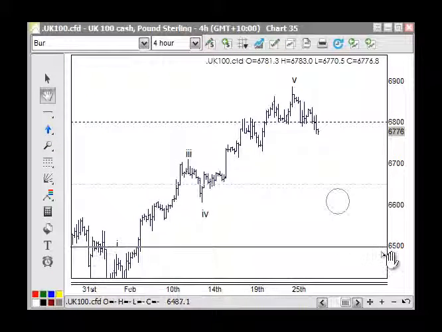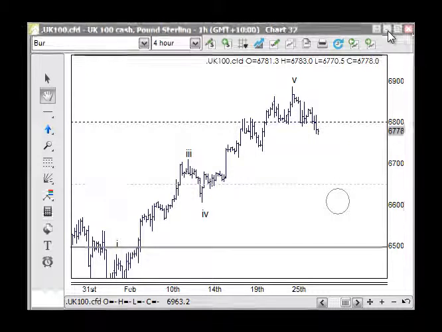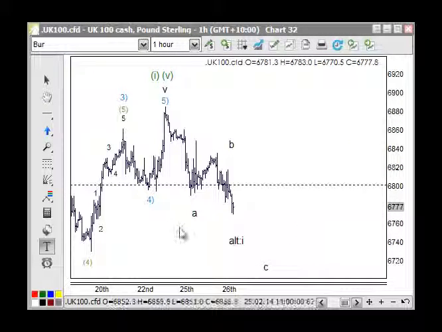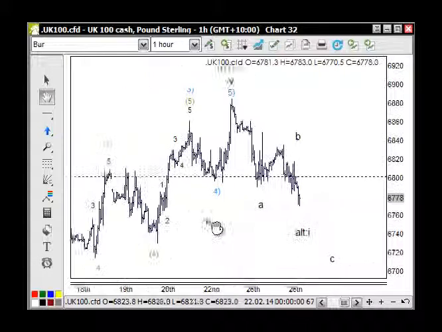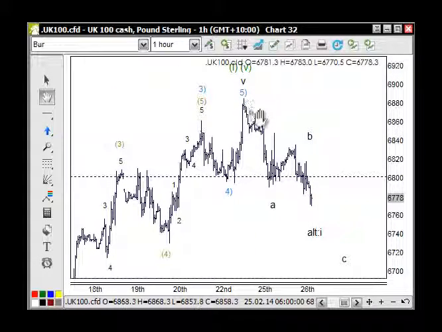The FTSE, however, was the first one to lead to the downside, and let's have a closer look at this as well, because we'd been calling a top in here at this point, and it does appear that we've got a 3-wave swing down here, but on closer inspection this actually looks quite nice as an impulse wave in terms of